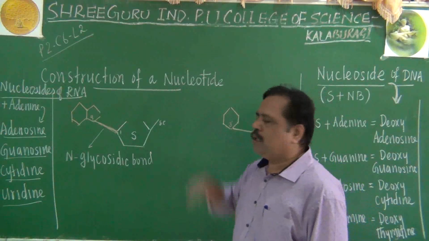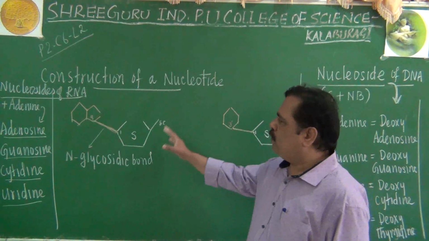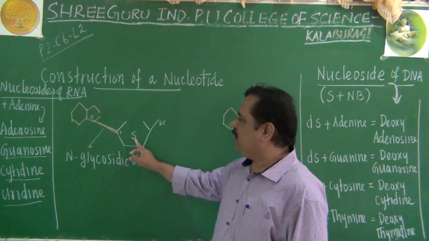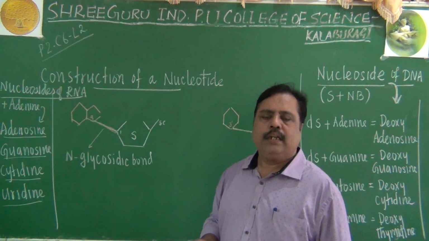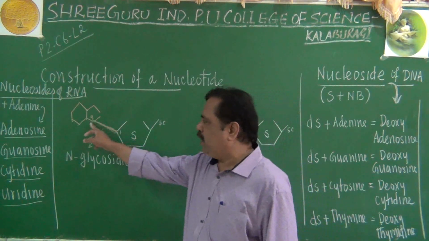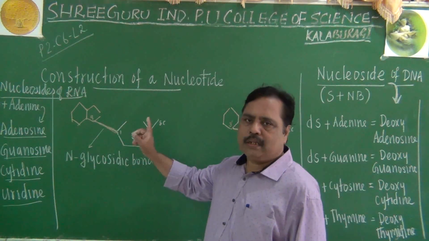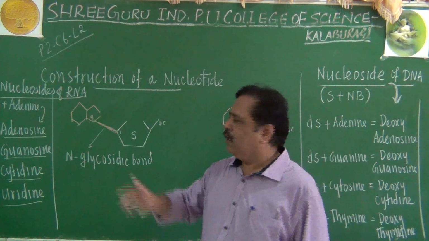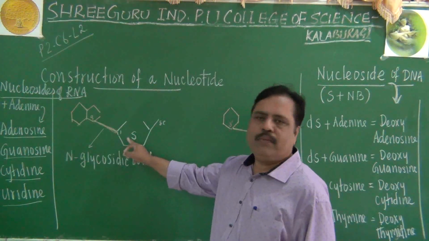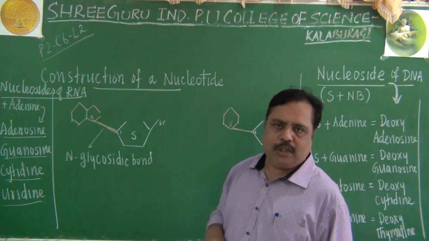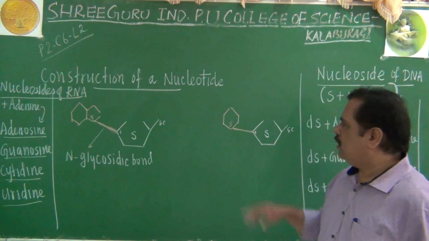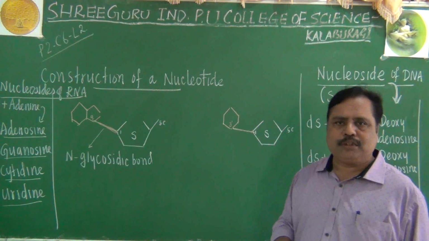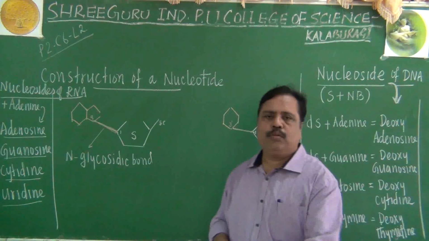I still did not tell you about nucleotide. So far I told you about nucleoside only. This nucleoside is made up of sugar and nitrogen base. If the nitrogen base is a purine, the 9th carbon atom of the purine will combine with the first carbon atom of the sugar molecule. If it is a pyrimidine, the 3rd carbon atom of the pyrimidine will combine with the first carbon atom of the sugar. Okay, let me come to a nucleotide.